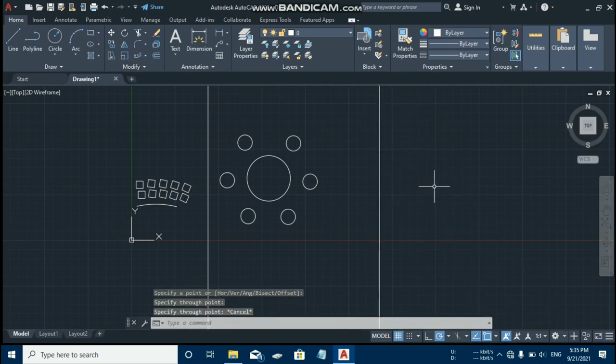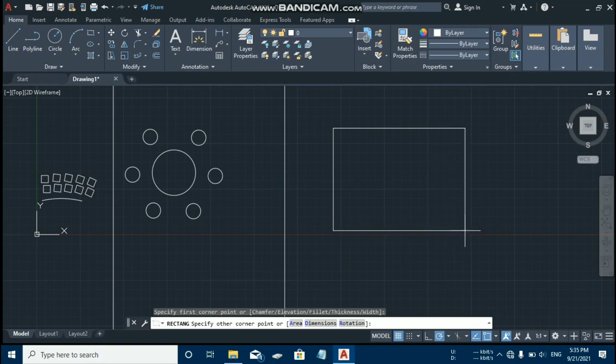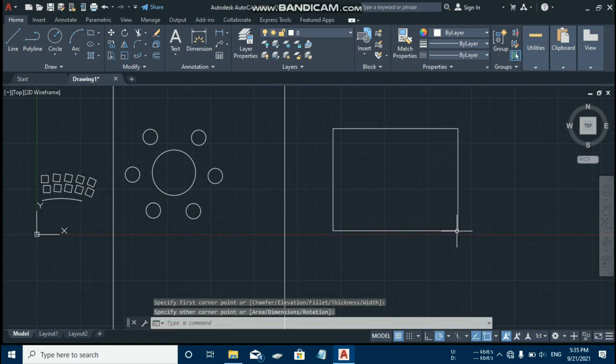Now I am going to take an example for rectangle array, which is the first kind of array. As you can see I made a rectangle here, and for performing a rectangle array with path array you first of all have to explode this square.